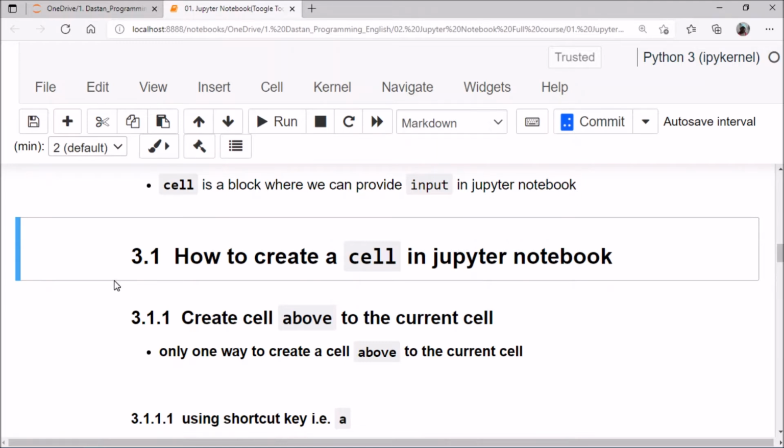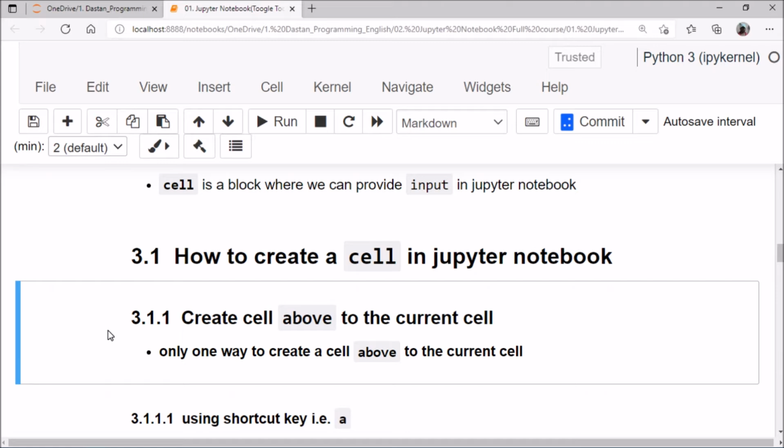Suppose this is the current cell, then we can create one before this current cell, and one after, meaning below, this current cell. To create a cell above the current cell,